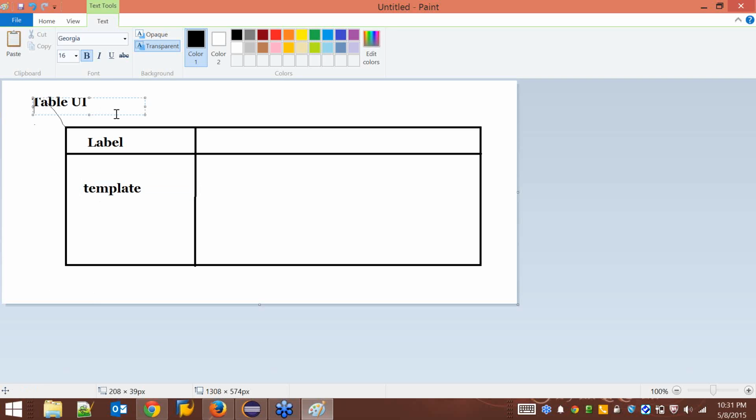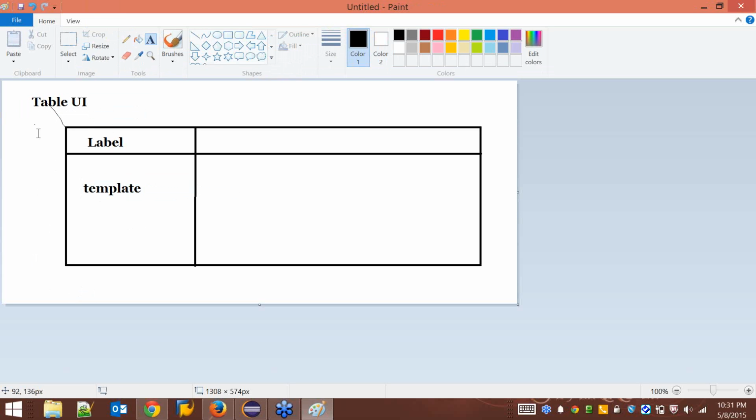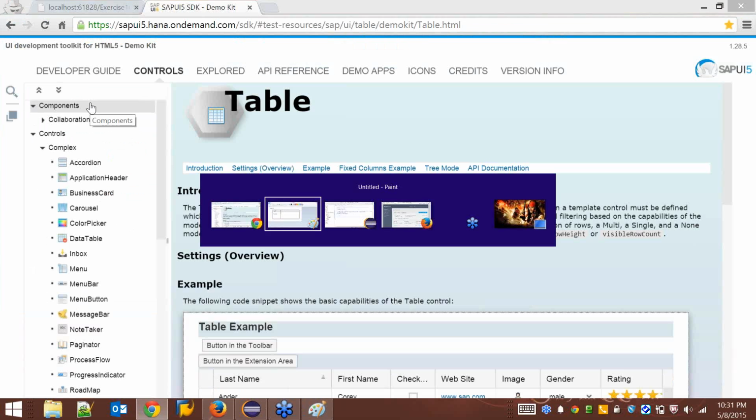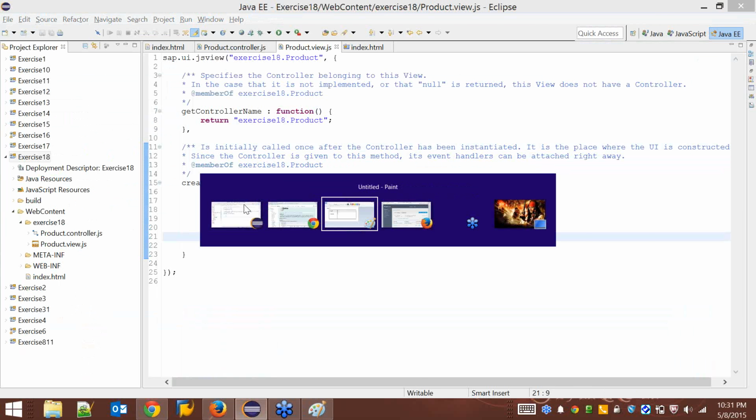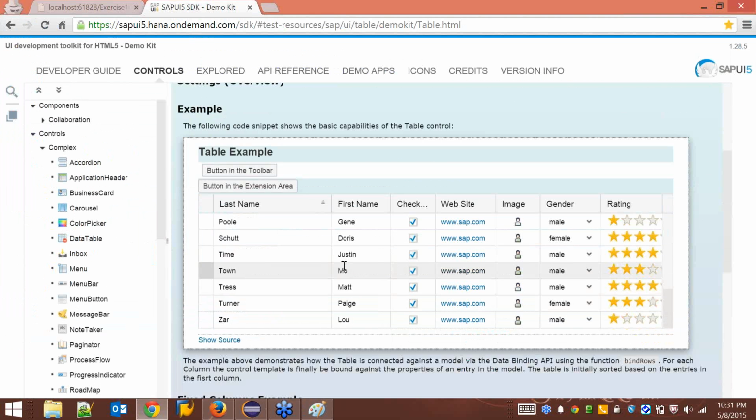So first I have to create a table view element, and for the table view element I have to create a column, and inside the column I have to create the label and template, and I have to add this column to the table. So this is what I'm supposed to do now. I'm just going to go ahead and open up the